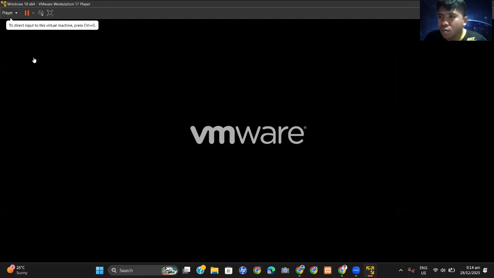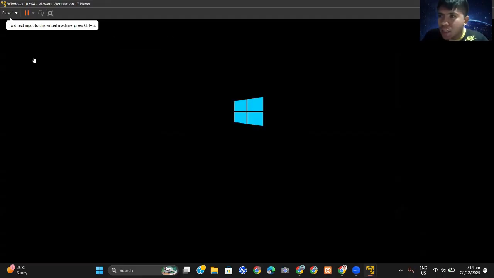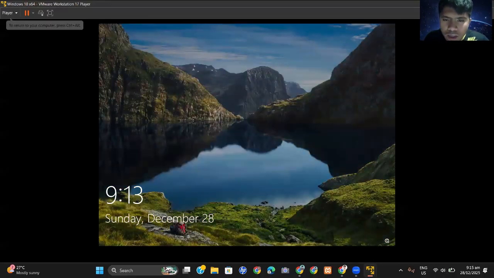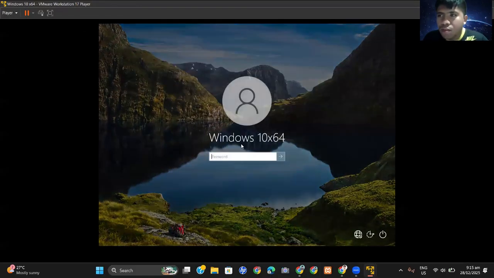I utilize Windows 10, 64-bit. I partially configured it so that we can utilize it again. So just wait for a moment. And as you can see, we are logging into the Windows client, which is Windows 10.